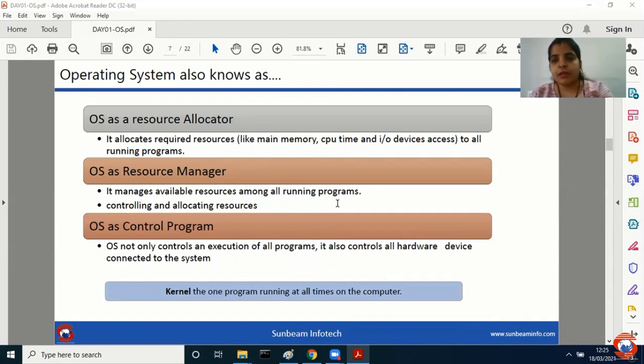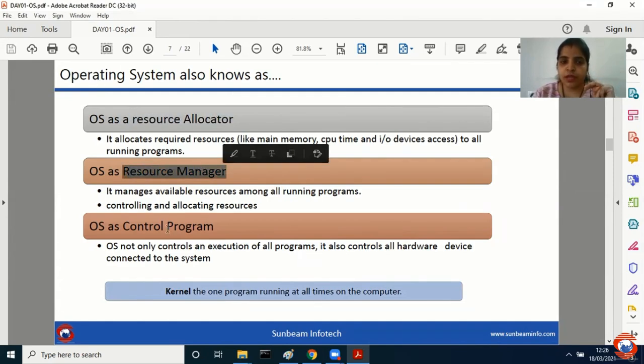तो जब, for example, in my machine, I have Ubuntu as well as Windows. तो जब मैं machine start करती हूँ, I get the options in which OS you wish to load, whether you want to load into Ubuntu operating system or whether you want to go for Windows. So when I select Windows, तो मेरा Windows start होता है, Windows का पूरा GUI load होता है. Otherwise, it goes into Ubuntu. So on one machine, yes, you can have more than one operating system too. Is it okay? Right. Now, once the question was asked as a theoretical way, your operating system is also called as option A as a resource allocator, option B as a resource manager, and option C as a control manager, and option D, all of the above.